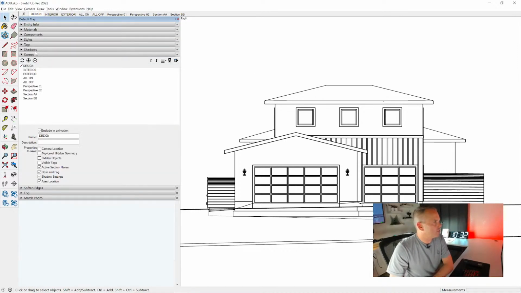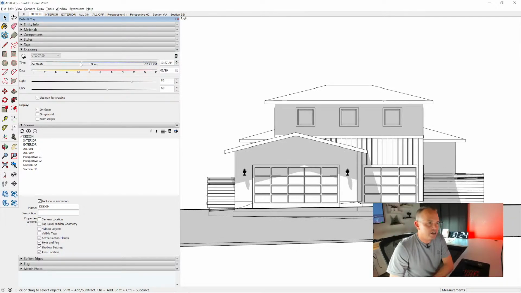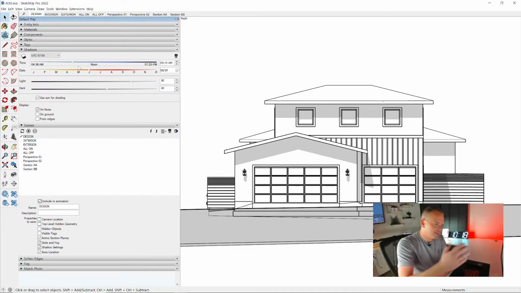We need to hop over into our shadows and turn on our shadows, and this does get a little bit tricky. Again, I always kind of start in June, the summer solstice, when the sun is the highest, and you're going to get the most obvious array or largest array of different shadows. All right, so there's what my